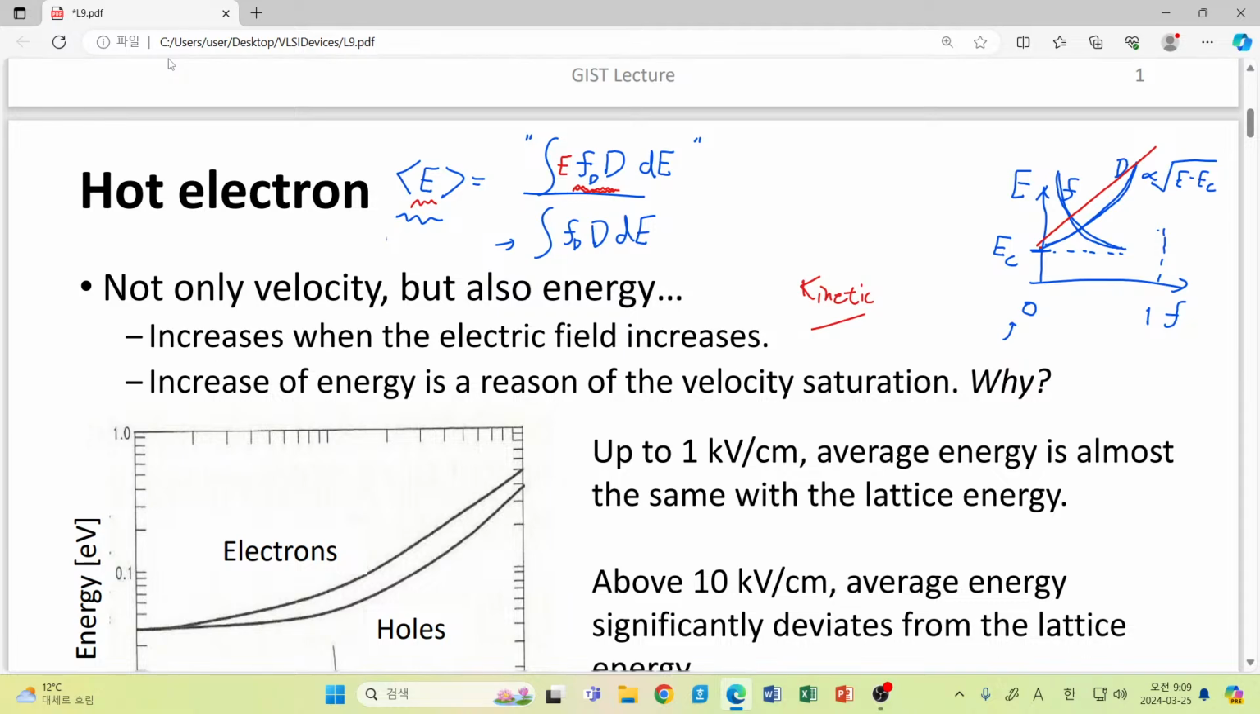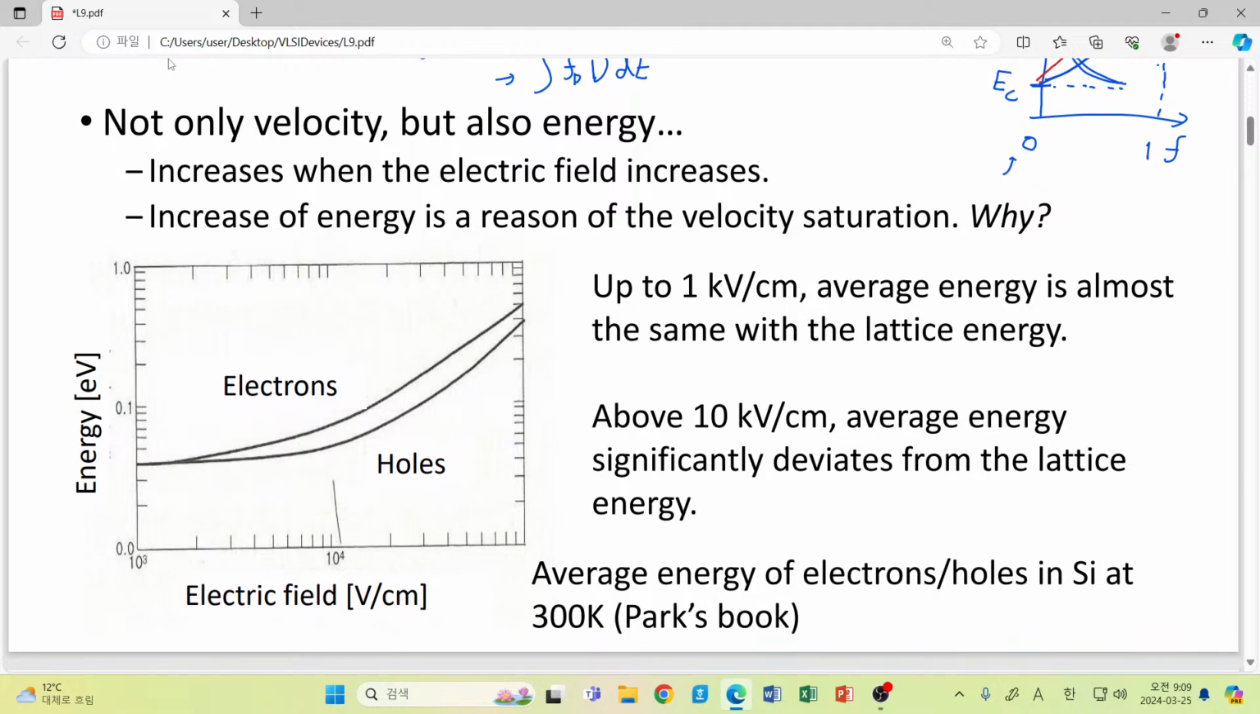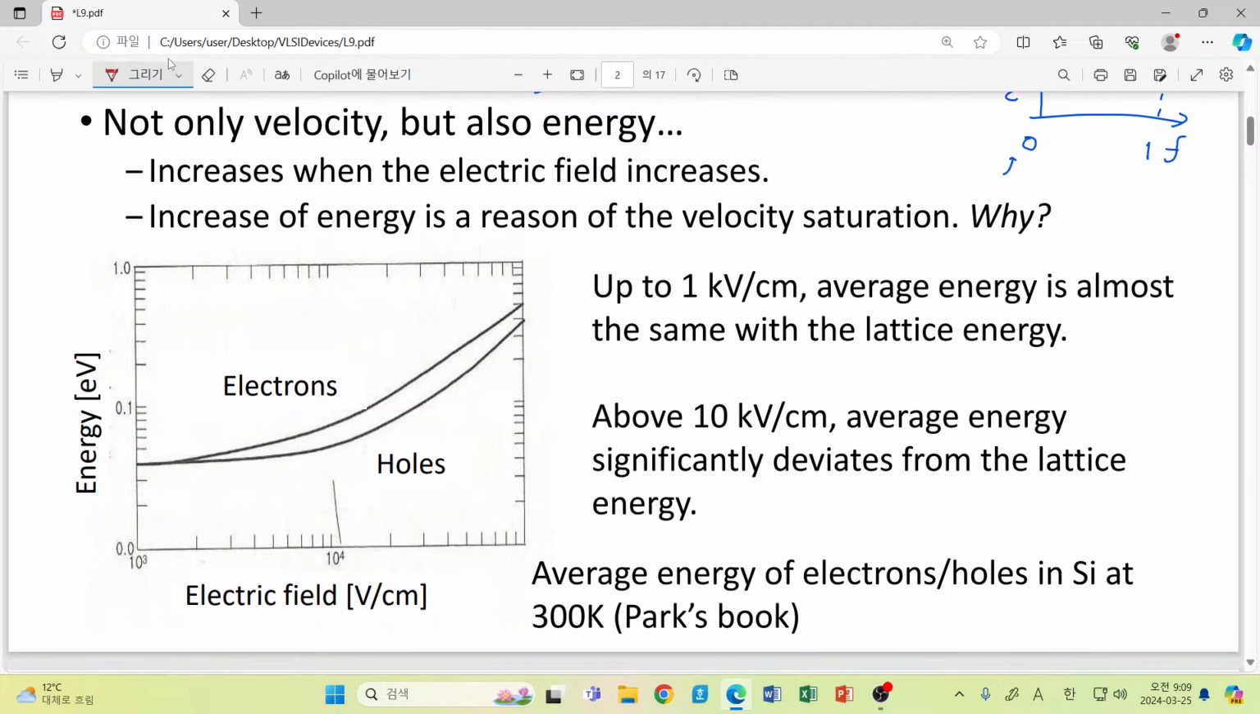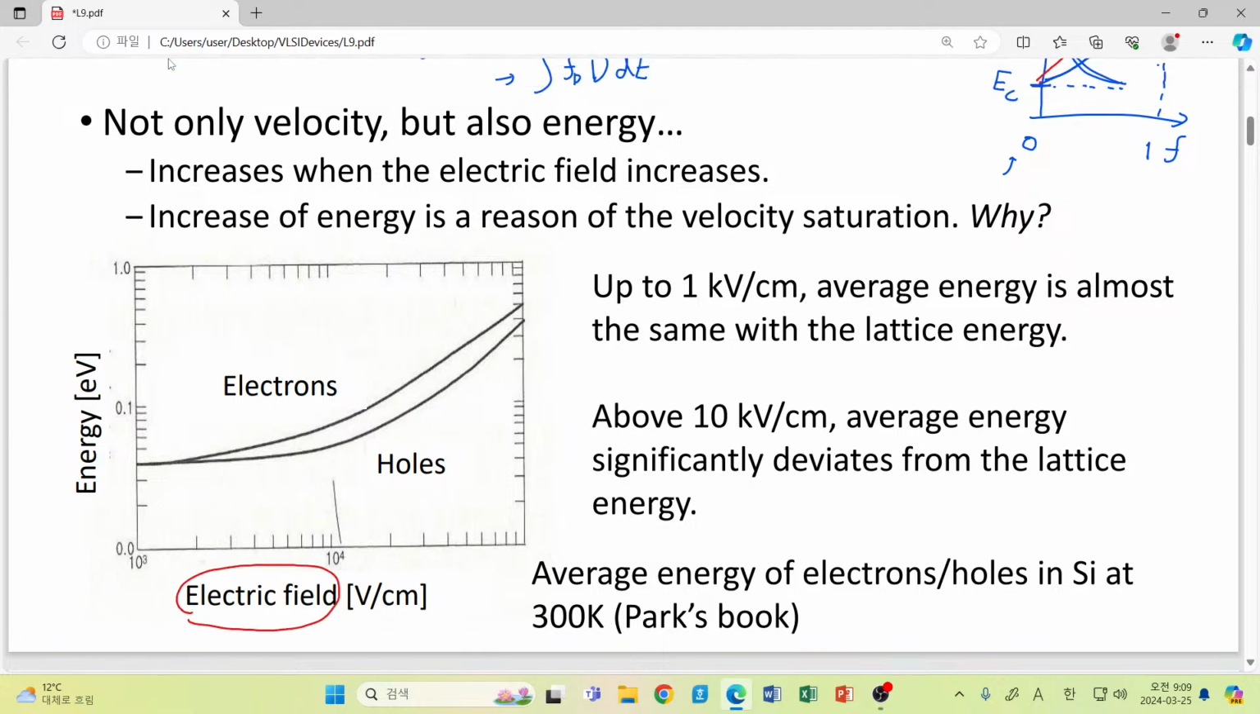So now, once we know the distribution function and density of state, then we can calculate this energy. Typically, if we apply a very low electric field, this is the electric field, written in volt per centimeter. Here you have 10 to the 3, which corresponds to 1 kilovolt per centimeter. As I told you in the previous lecture, 1 kilovolt per centimeter should be regarded as a relatively low electric